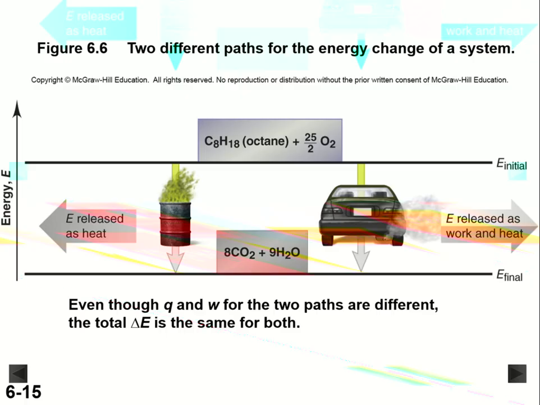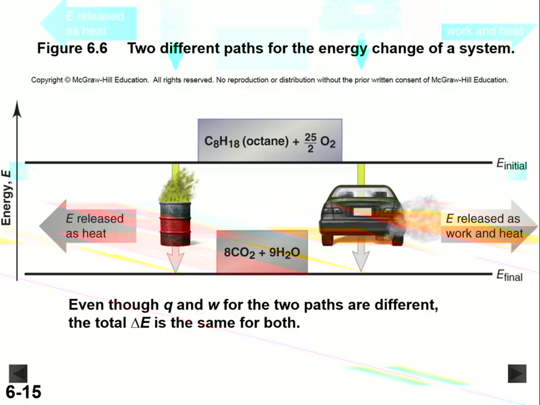So we see the energy change here. Is delta E positive or negative? Delta E is negative. So in this case, though, there's two different ways that we can do this combustion. We can do combustion in an open barrel, so you can maybe take 10 gallons of gasoline, put it in an open barrel, light it on fire, and you'll see lots of light. That's a form of energy. We'll see lots of heat given off. There is a little bit of work pushing against the atmosphere, but it's not productive work.